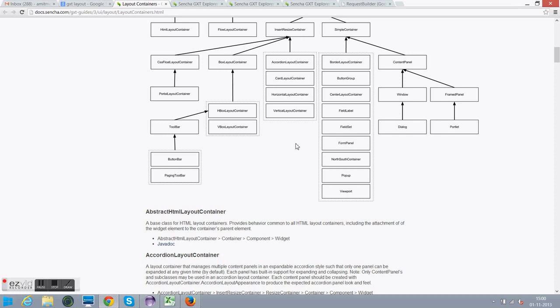Prior, we were creating one label, then creating the field text box, and arranging them in a horizontal panel, placing first the label, then second the text box. In that case, when the screen goes up and down, the first label sometimes wraps, or sometimes overlaps the text box. Sometimes the label goes a little bit down and the text box is high, not always in the center position. But the field label is directly attached with your text